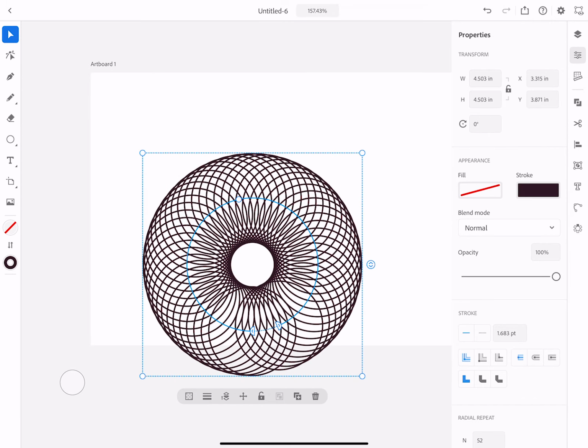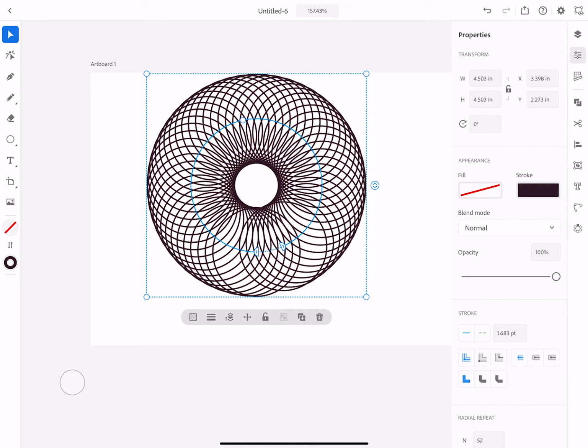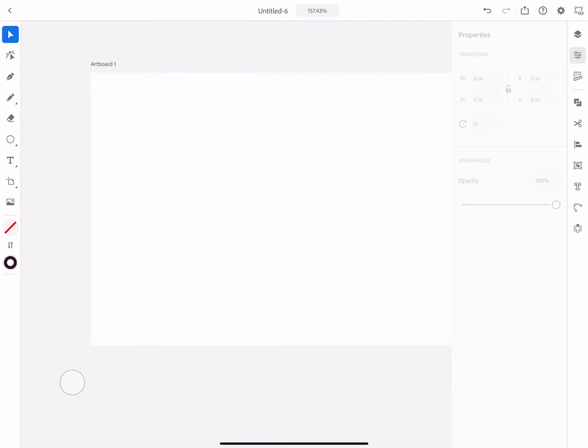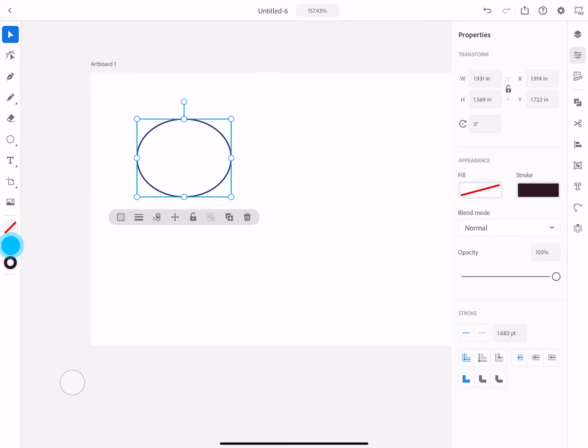You can create some really interesting shapes with the radial. I kind of call that a novelty because it's not something I find you're going to use a ton, but it's there for certain things where it would be super helpful. So that's sort of playing around with that. In terms of Pathfinder stuff and combining shapes,